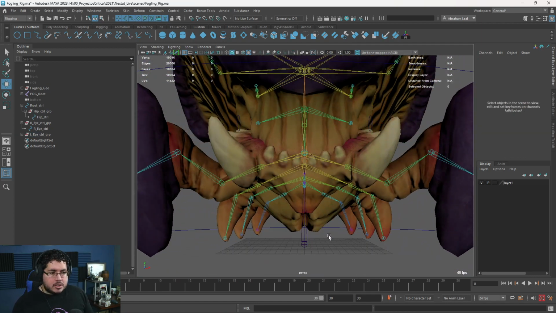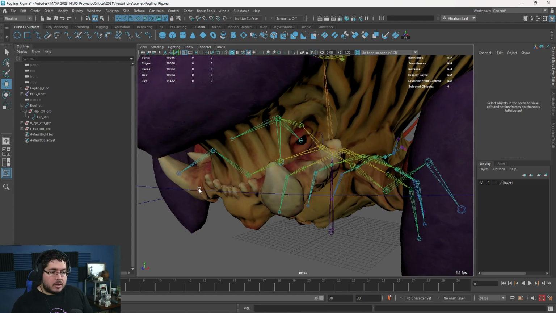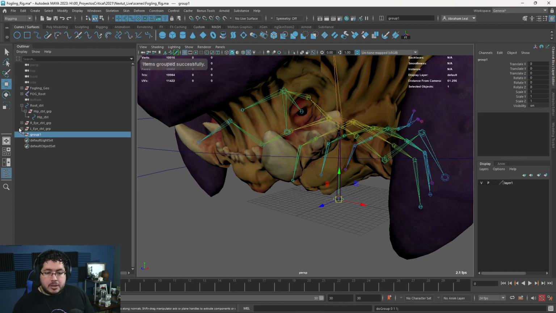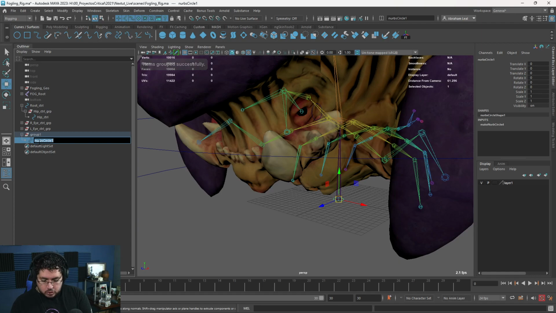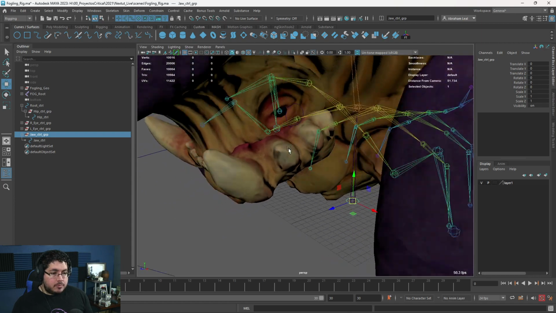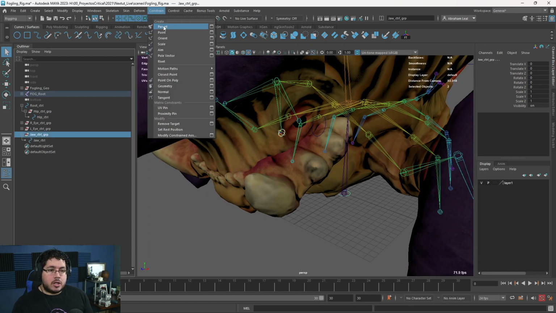Let's go to the jaw. The jaw is another one of those elements. Now, these groups, we're going to leave them right here for now, because we're going to parent them later on to something, to a different group. So for the jaw, same deal, we create a new curve, we group it, and we're going to call this group jaw control. And of course, this is going to be jaw control underscore a group. Now, we grab the jaw, which is this one right here, and do a parent or driver, driven, constraint, parent constraint.